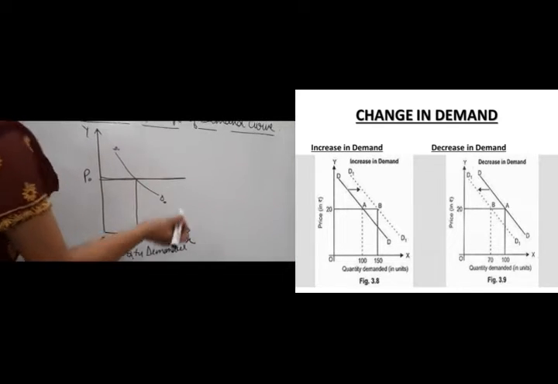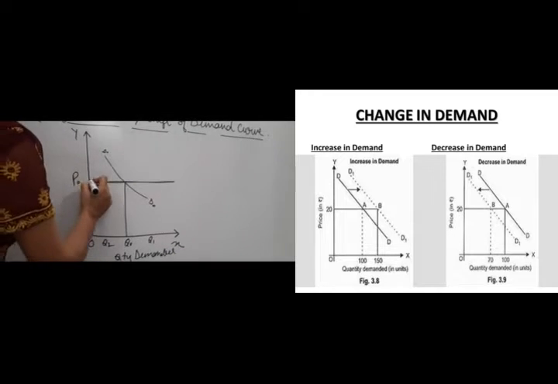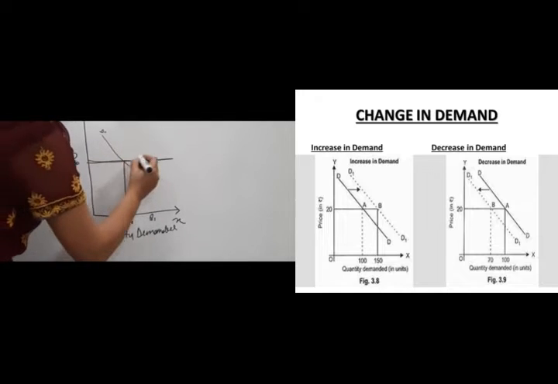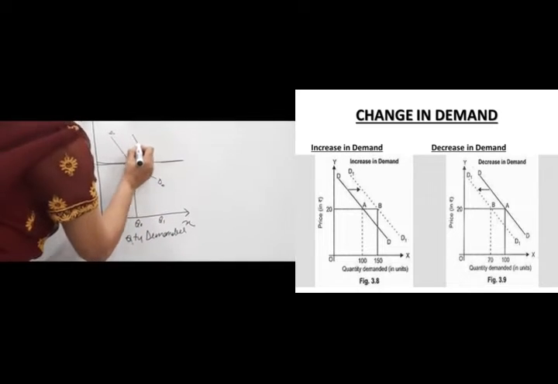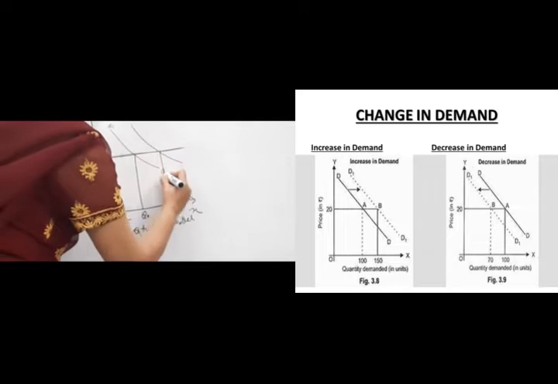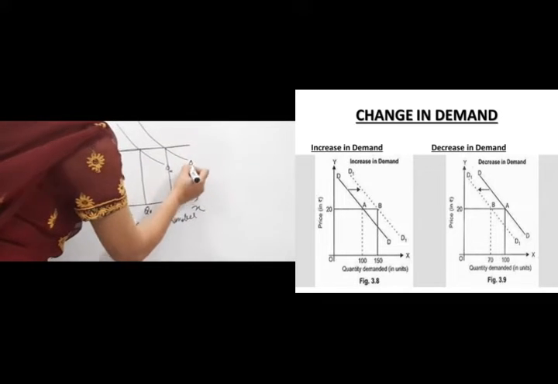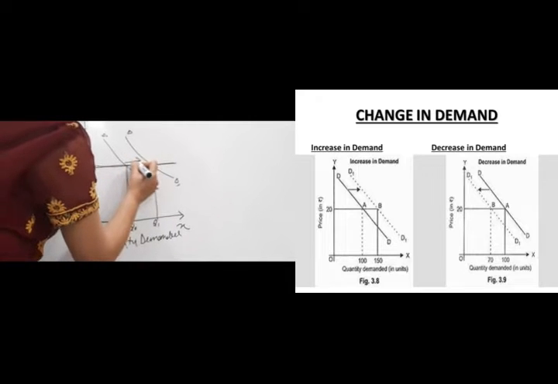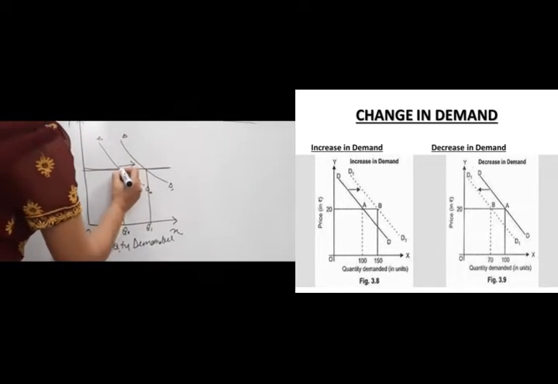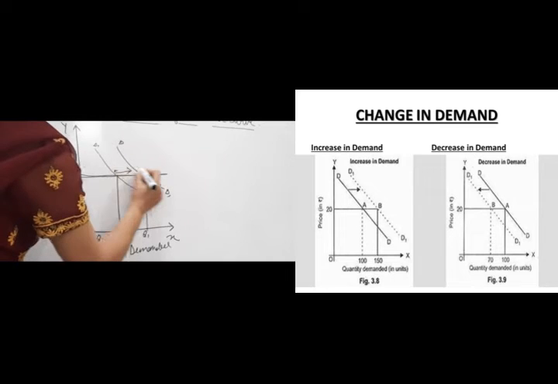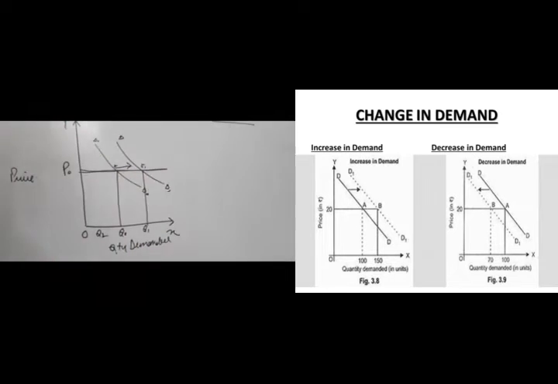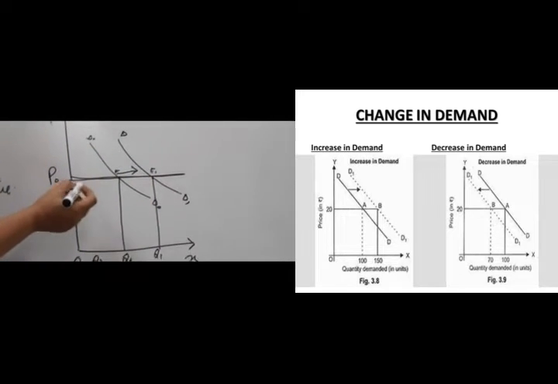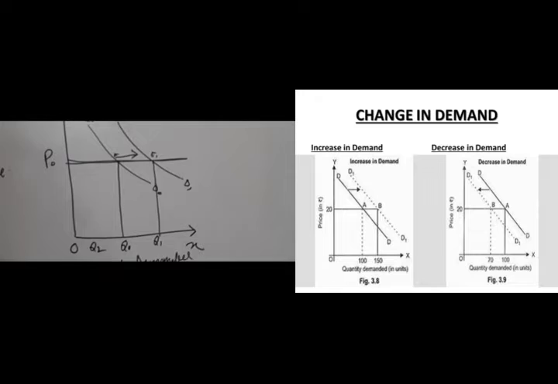Now, if the shifting is taking place, the price will remain the same and the demand curve will shift from D0 to D1 because of the other factors. Now this shifting is from here to here, and we are terming it as E0 to E1, right? Now this shifting is not a result of change in price, because price is constant over here, right?